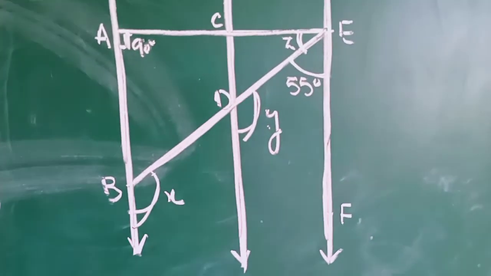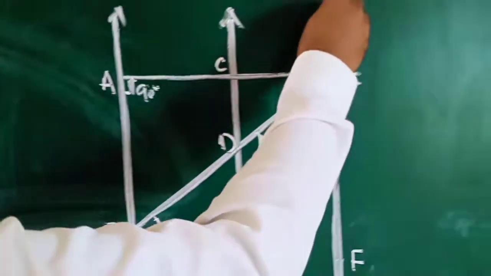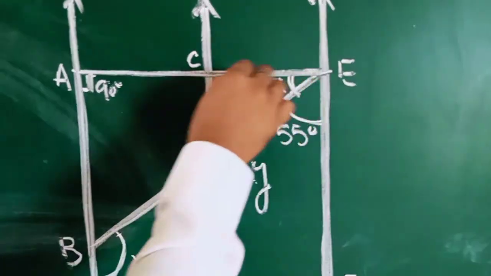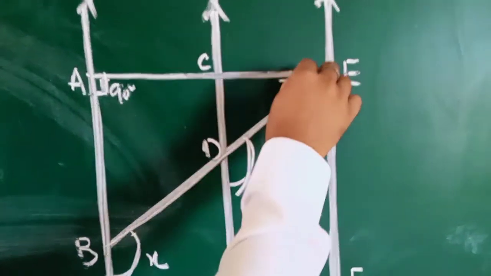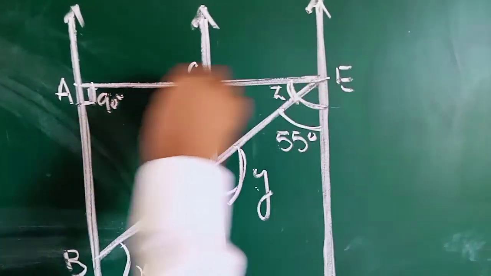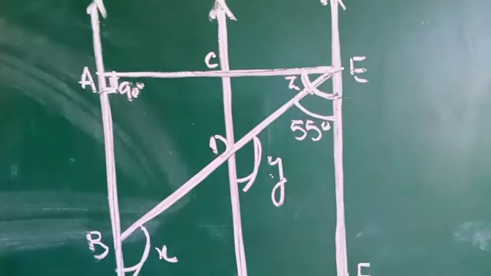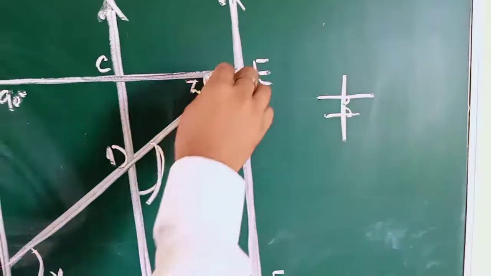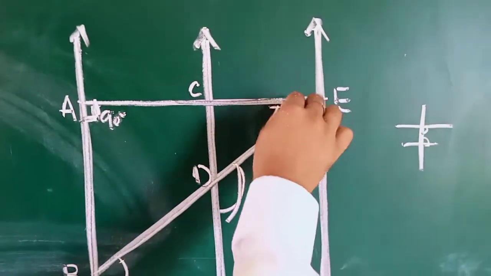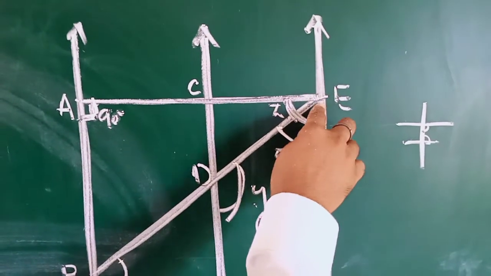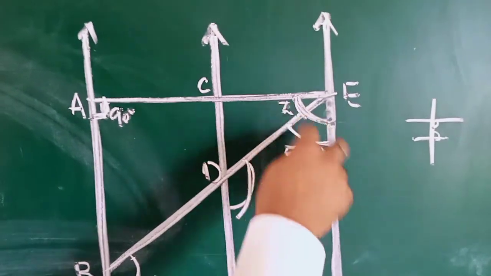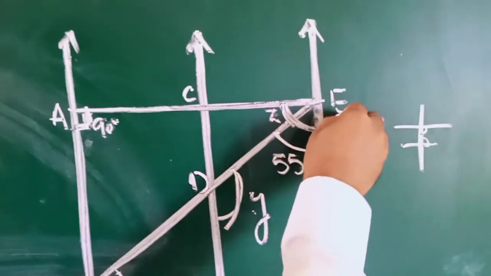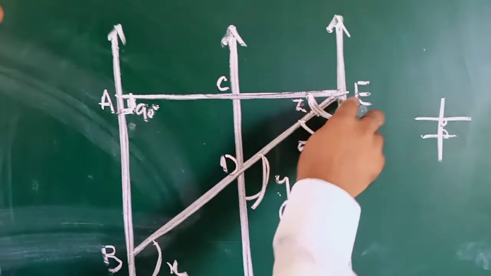Now you see students, these two are the parallel lines, and this is the transversal. So the sum of this one plus this one will be how much? 180. These are co-interior angles, these two are equal to 180. So this one plus this means angle E. But angle E is equal to z plus 55. If angle A is equal to 90, then angle E is equal to 90. So in place of E, you can write z plus 55 is equal to 90.